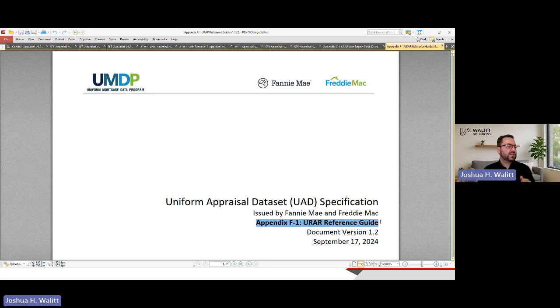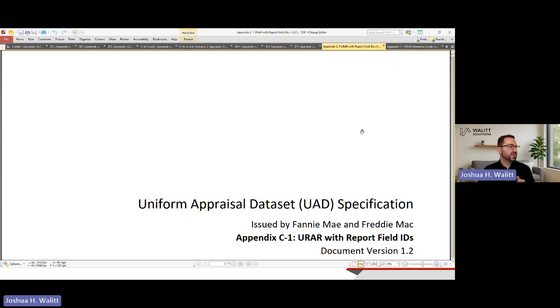But you can take a look at the Appendix F1, and you can take a look at Appendix C1 as well. And C1 has what I like to call the impossible report. C1 is sort of the impossible report. In other words, it shows most of the fields that could possibly ever show up in a report, but you'll never have them all in one report. But it has sort of the master layout almost to the best degree you can have that concept.